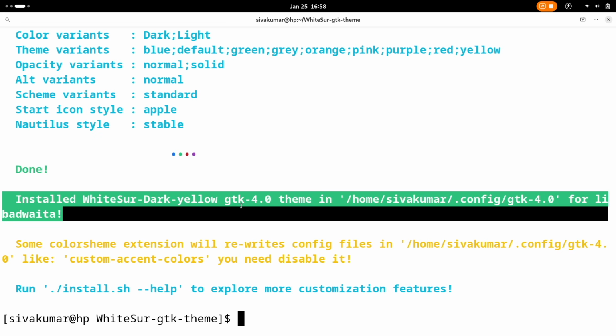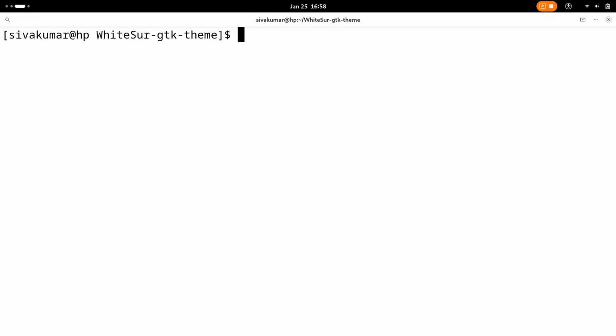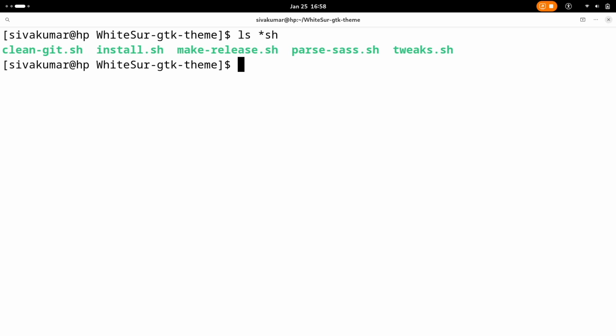Once the installation is complete, it's time to run the tweak script as the root user to theme the GNOME Display Manager. Now I will use the following arguments: the -g to theme GDM, the -nd to prevent darkening the WhiteSur theme background image, and lastly, the -b to set a custom background.